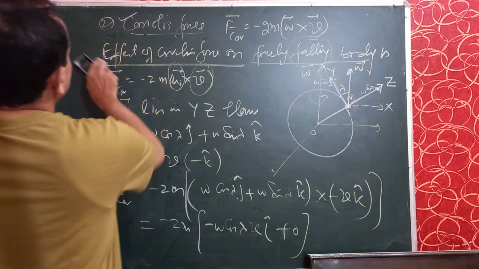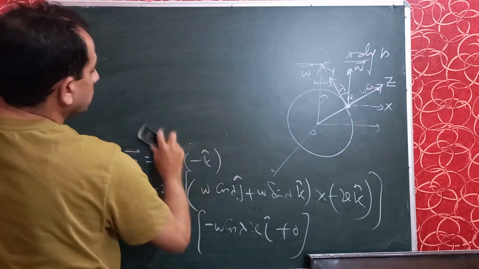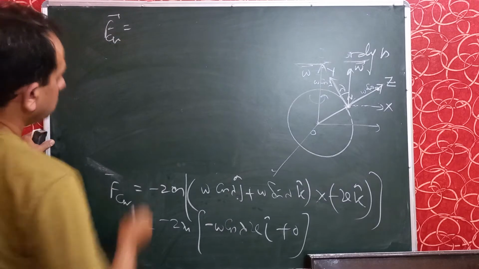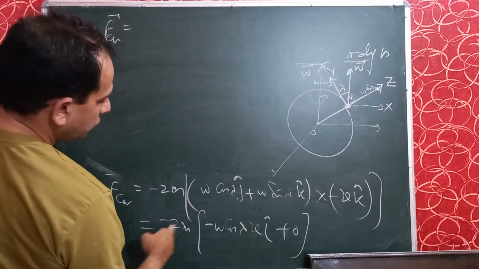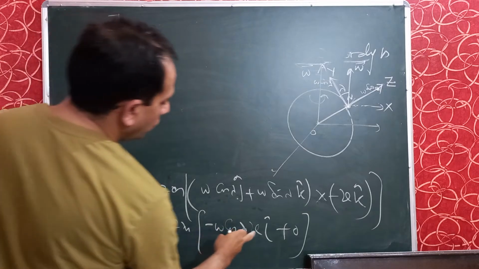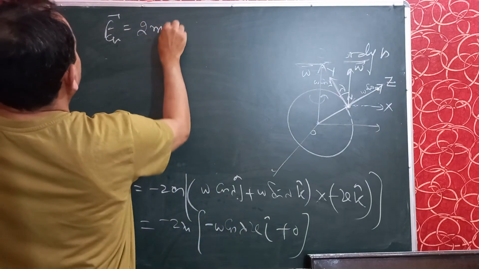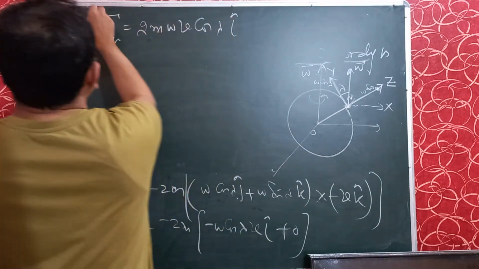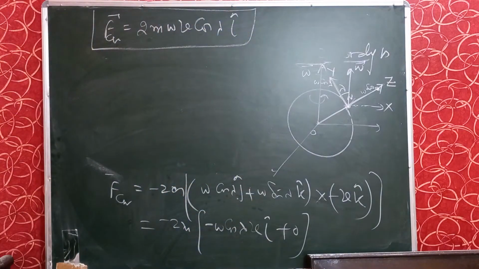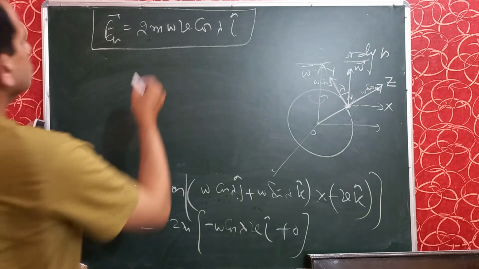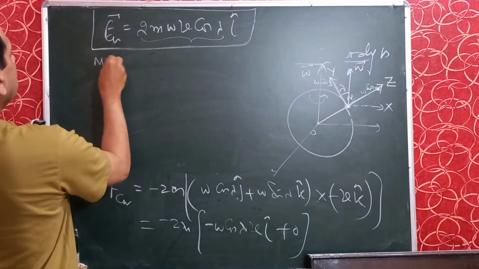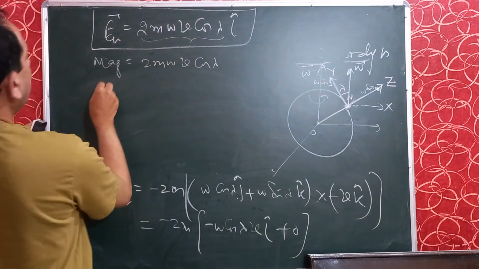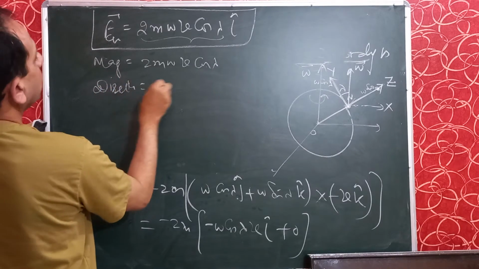Therefore the Coriolis force is equal to minus 2m into this, minus into minus gives plus 2m omega v cos lambda into i. So this is the exact value of the Coriolis force. The magnitude is 2m omega v cos lambda, and the direction is along i,